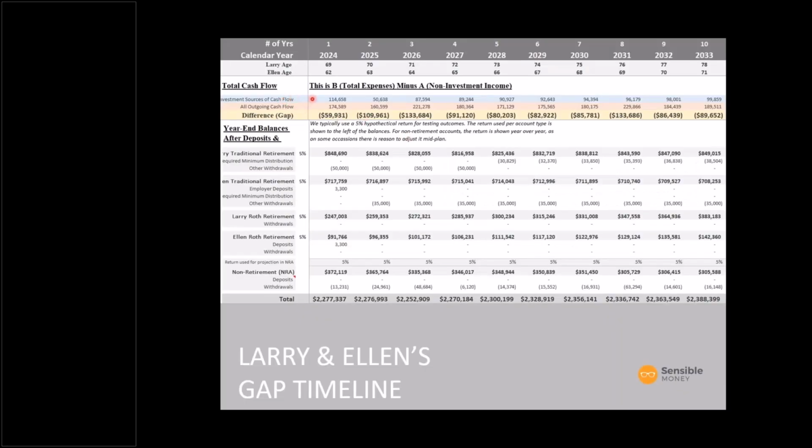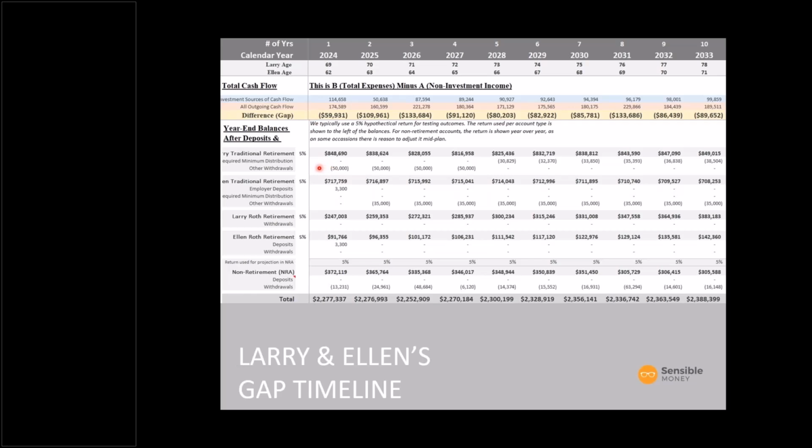When we look at Larry and Ellen, if we were to go back a few slides, you'll see that their total income adds up to what's shaded in blue here. And their outgoing cash flow adds up to what's shaded in this peach color. And then the difference that's a little bit larger is what we define as the gap. And for my math nerds, or my people that eyeball this and they're really good, they're going to look down here and add up. Underneath, we see exactly where this $59,000 is going to come from.